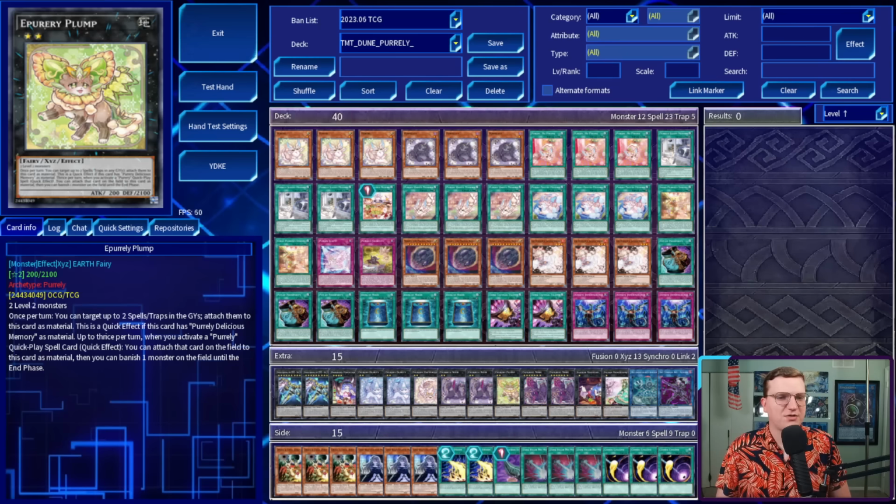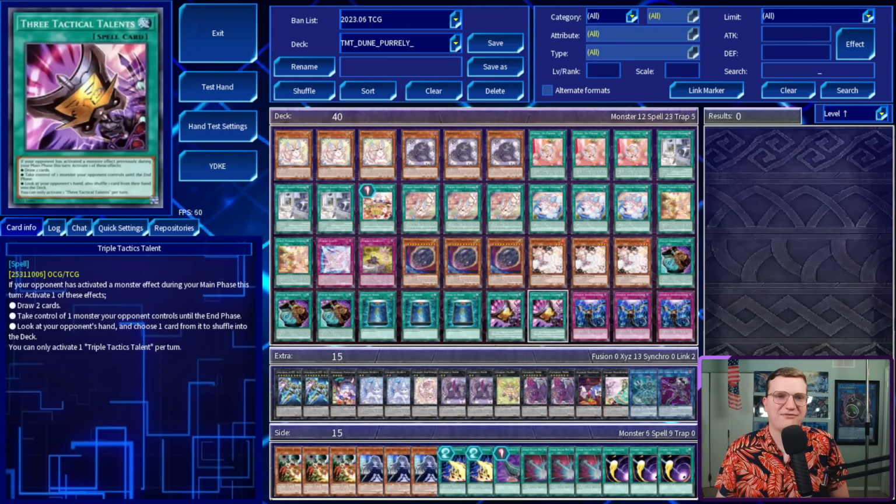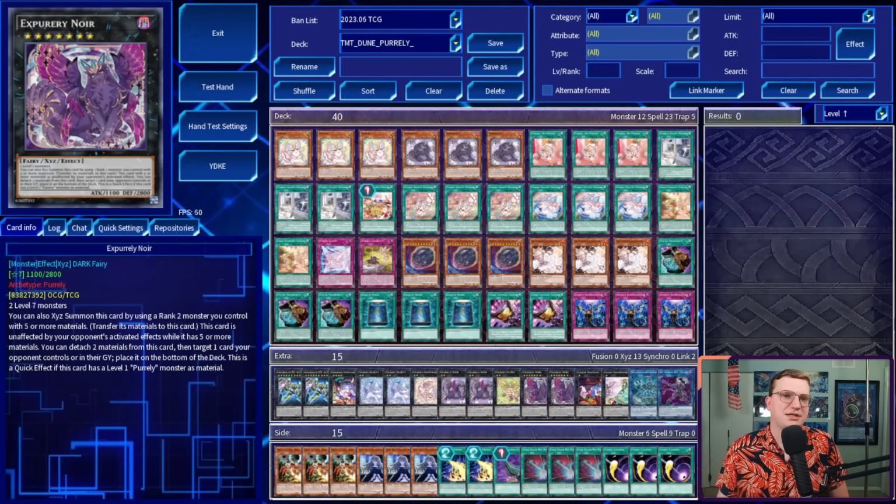Once per turn, you can target up to 2 spell or traps in the grave and attach them to this card as material. It's a quick effect if it has Delicious Memory as material, and up to thrice per turn, you can attach a resolving Purrely Quick Play spell card to this card as material, then banish a monster on the field until the end phase. And 2 copies of EX Purrely Noir, which can be summoned by using a rank 2 monster you control